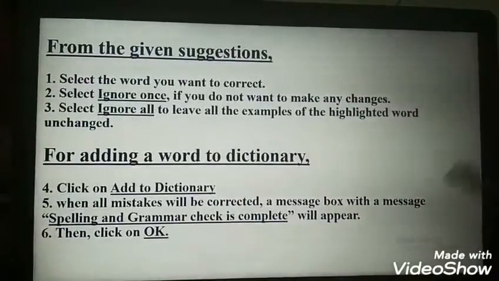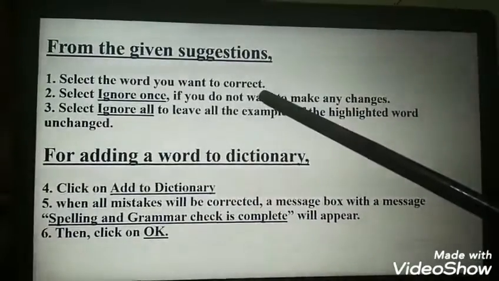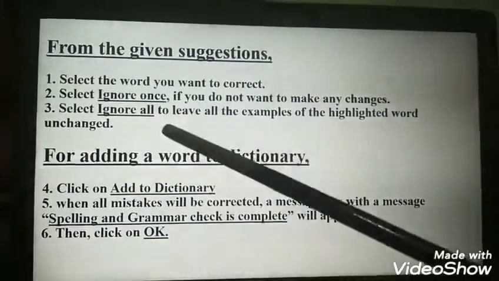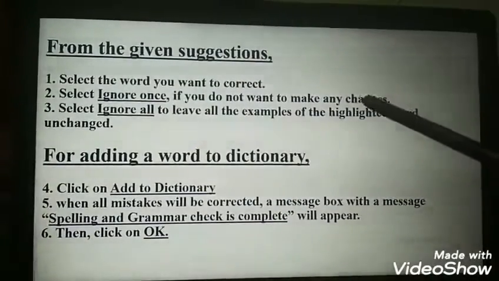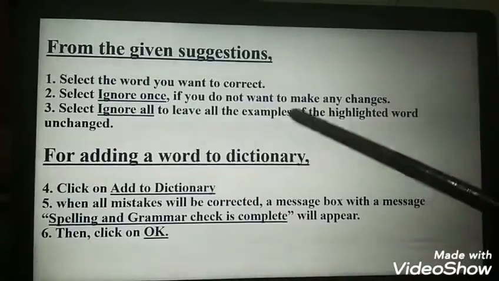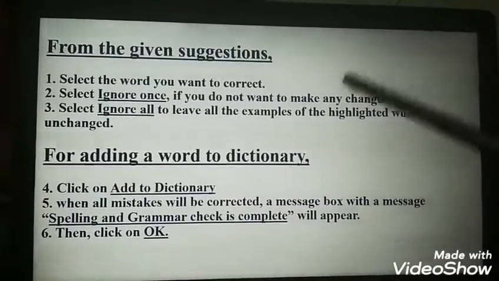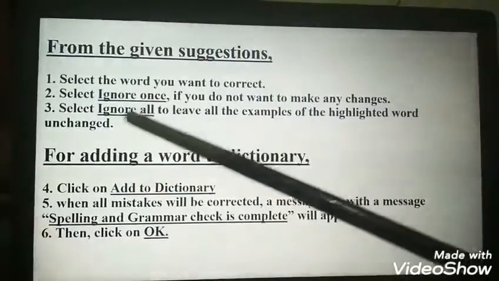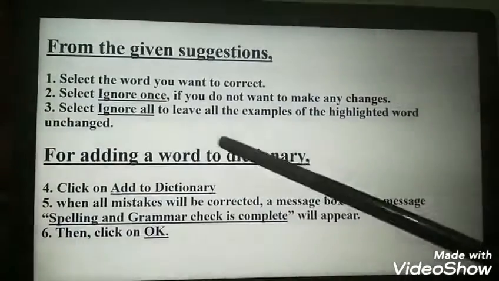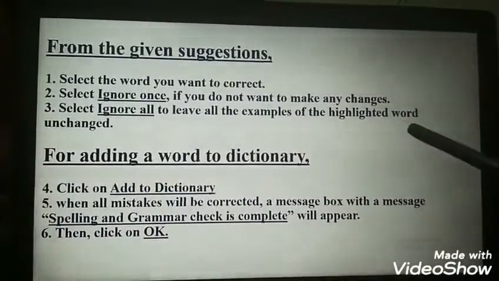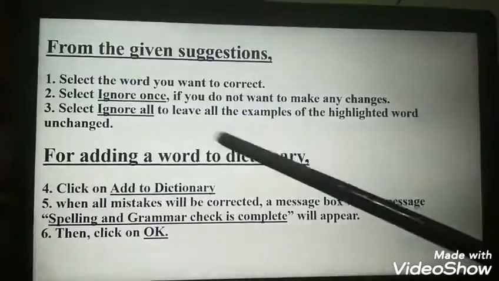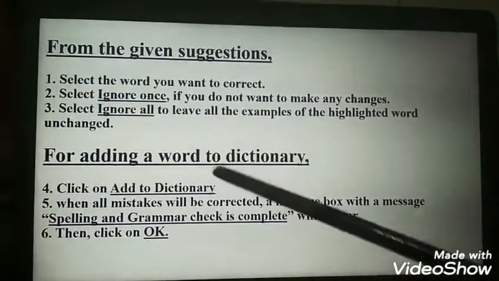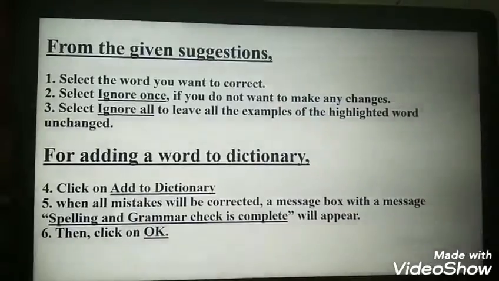If you do not want to make any change, select Ignore Once. If we do not like any suggestion, we will do Ignore Once. Select Ignore All to leave all the instances of the highlighted word unchanged. If we want to leave all the highlighted words unchanged in MS Word, we have to select Ignore All.